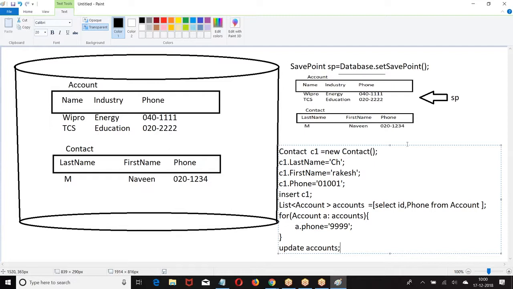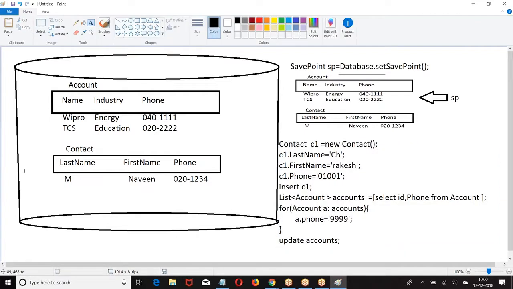I made this. Then I executed this code. When I executed this code, what happened?